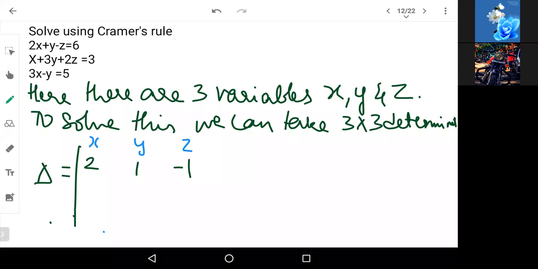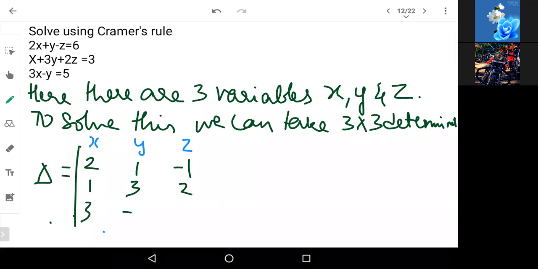Okay. 2x + 1y - 1z. Be careful with the signs once again. That was the first row. Now the second row: 1x + 3y + 2z. Yeah, correct, Anas. Now for the final equation, correct, Pawan, good. Final equation,